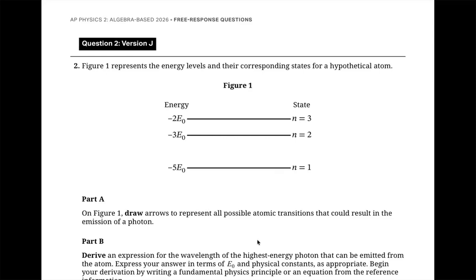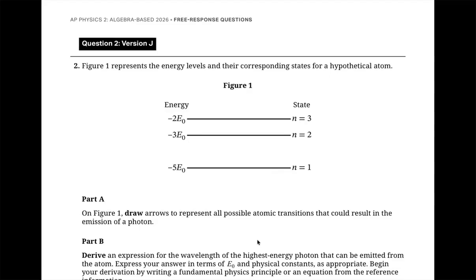All right, so now we're going to be looking at the second question on the 2026 AP Physics 2 exam and the free response section. Here we have energy levels and the corresponding states for a hypothetical atom. We have three of them: n equals 3, n equals 2, n equals 1 states. On the figure, we're asked to draw arrows to represent all possible transitions that could result in the emission